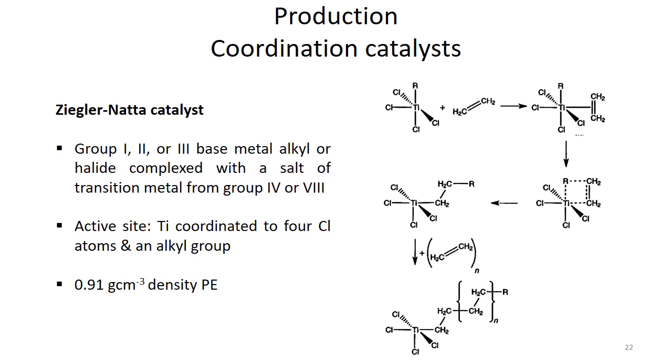You can see here that when a transition complex is formed where ethylene is in transition with R and titanium, R transfers to the ethyl part, and then a new vacancy is generated on this titanium. Again a new monomer can insert at this position, and then again a transition complex will form, and this process goes on.